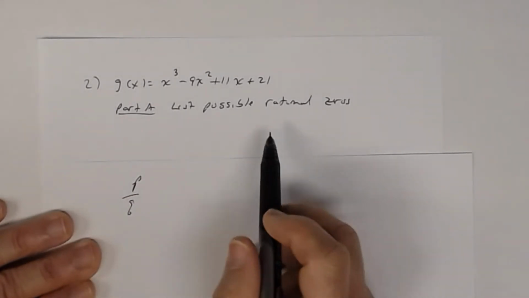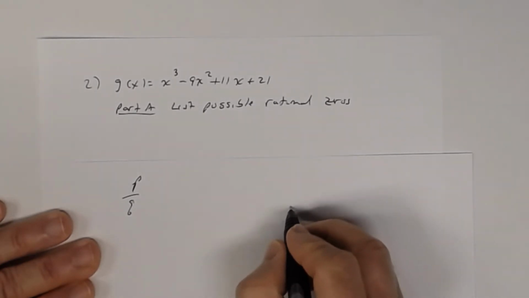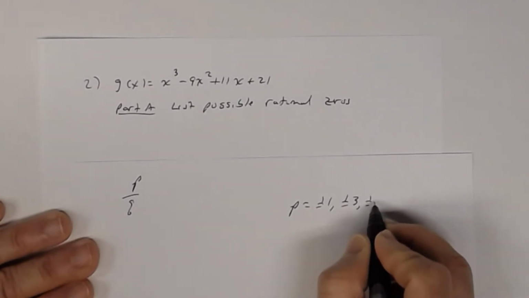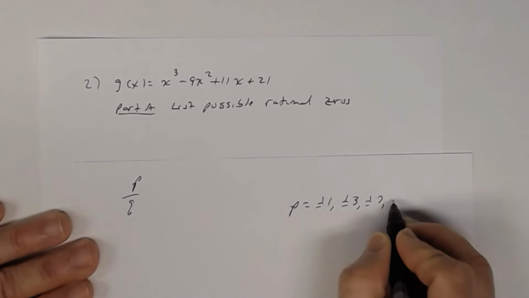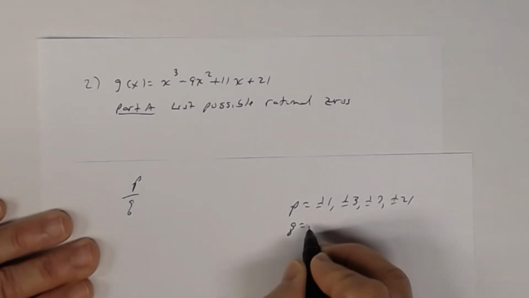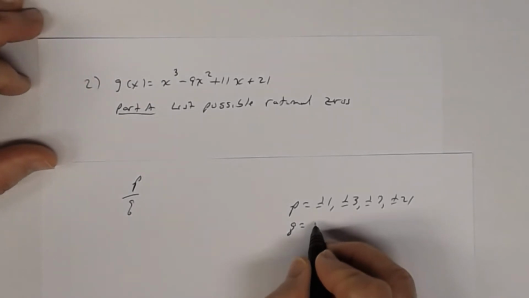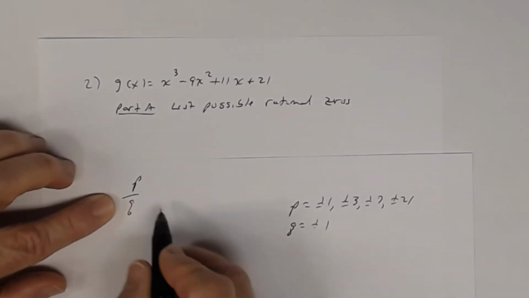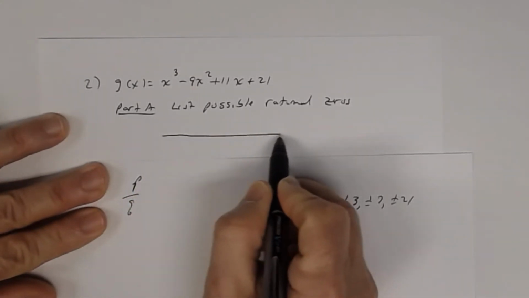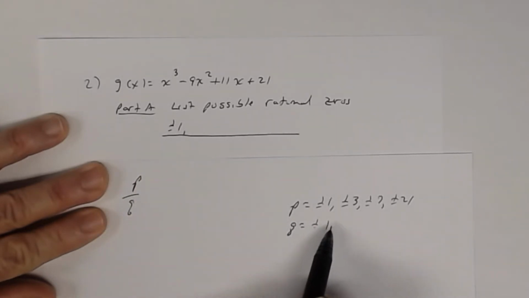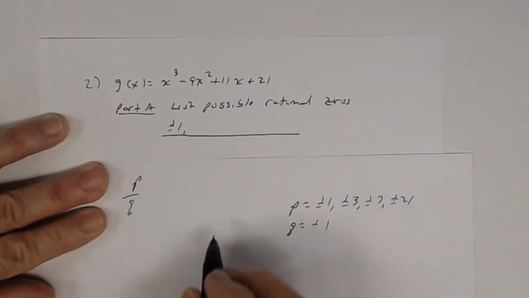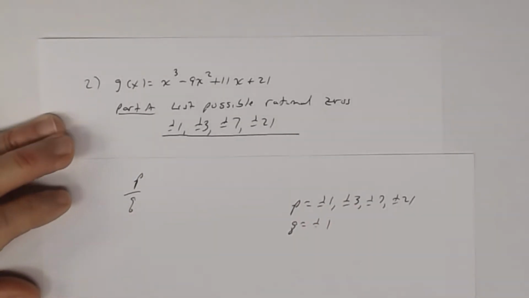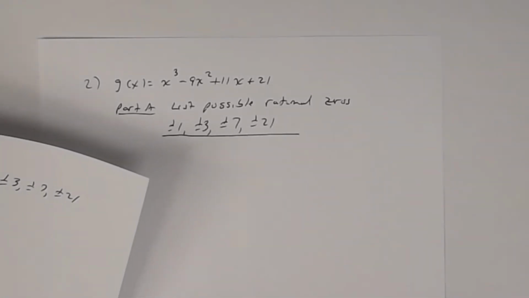Okay, and so p, remember, are the factors of 21. So p would be plus or minus 1, plus or minus 3, because 3 goes into 21. And then 3 times 7 is 21, so we're going to list plus or minus 7, and then plus or minus 21. And then q are the factors of the leading coefficient, which is 1, so just plus or minus 1. So p divided by q would be each of these divided by plus or minus 1. So your answer will be plus or minus 1, plus or minus 3, plus or minus 7, plus or minus 21. Okay? All right, and then part